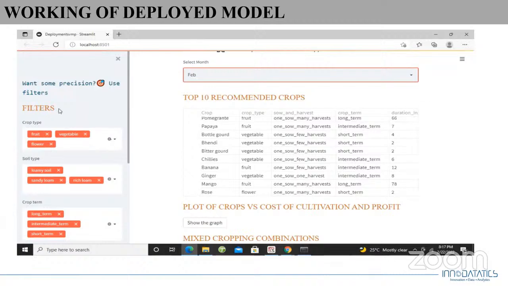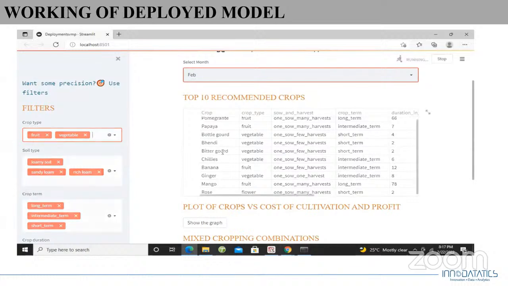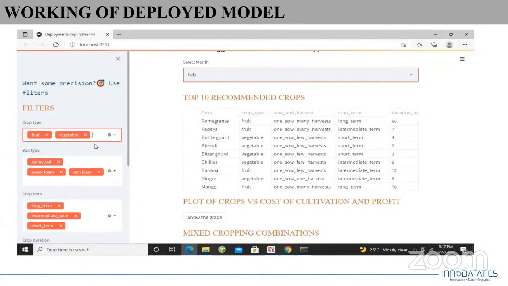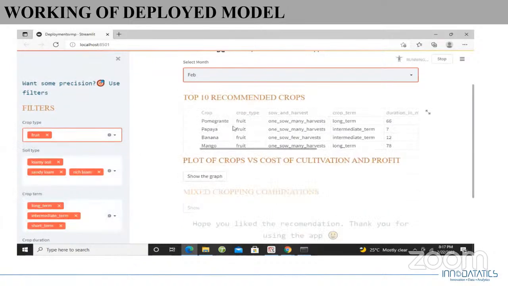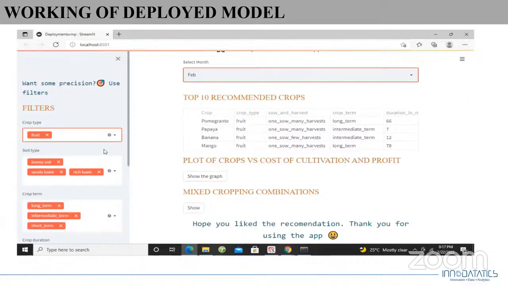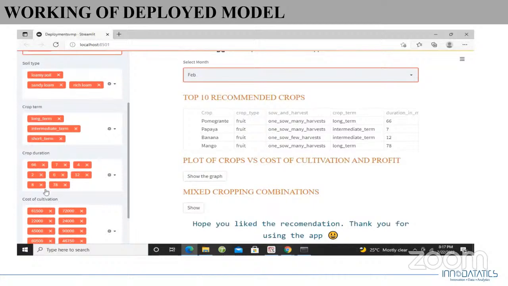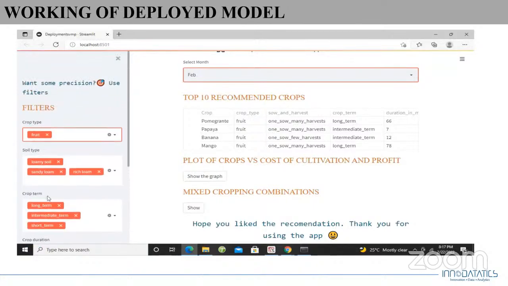And also we have put filters, which will help him to filter the main data. For example, crop type. If he wants only fruit and vegetable, he can remove flowers and get only fruit and vegetable data. In the same way, if you want only fruit data, I can remove vegetable and get only fruit data. In the same way, we have added other filters like soil type, crop term, crop duration, and cost of cultivation.